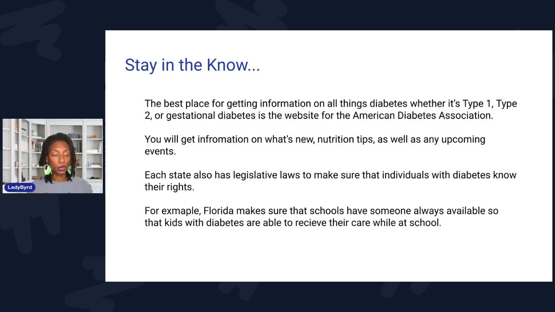Now, when it comes to laws and things, a lot of people always ask, well, what if this happens or what if that happens? And I'm a diabetic. So each state has different laws and legislative things put in place that are there to assist individuals with diabetes. One of the examples that I can tell you about is going to be my driver's license. I'm in the state of Florida, and because I am a diabetic who is insulin dependent, I am able to